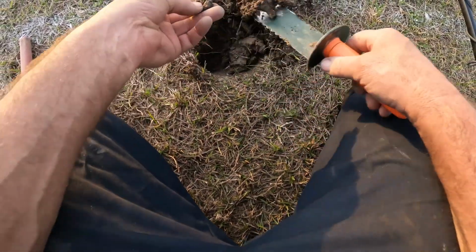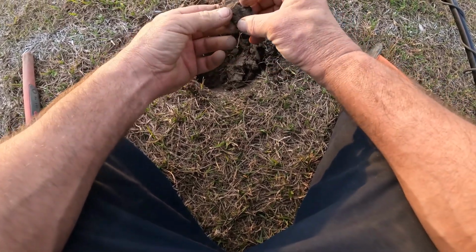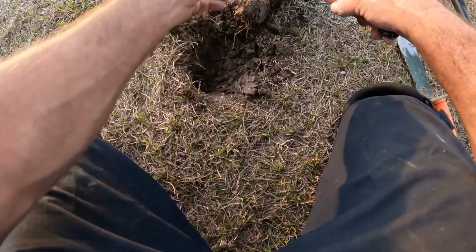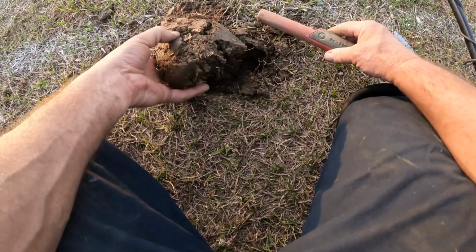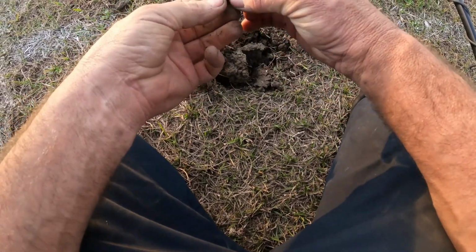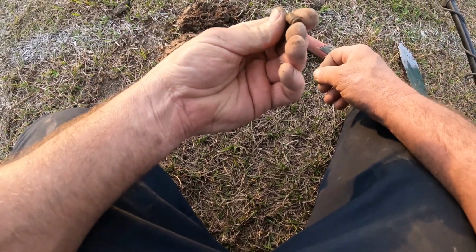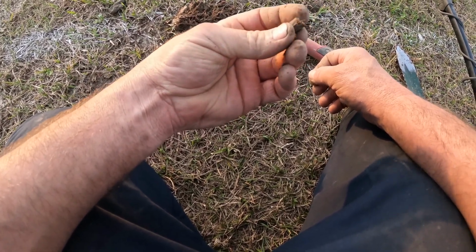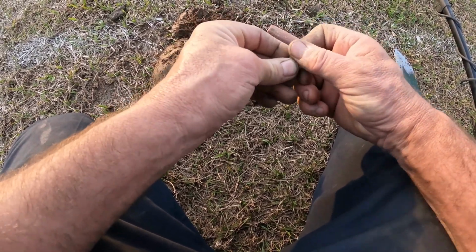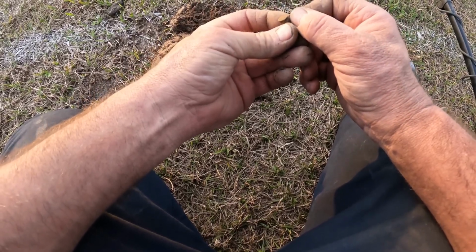There's something there. I don't know what it is. That is a piece of tire, a piece of rubber. But whatever this is, it's in this clump. Oh, and that is a half of a bullet casing. It's so old and corroded, and it is a